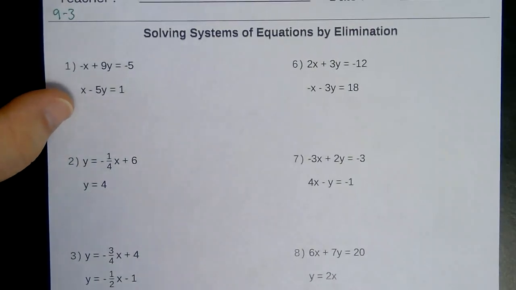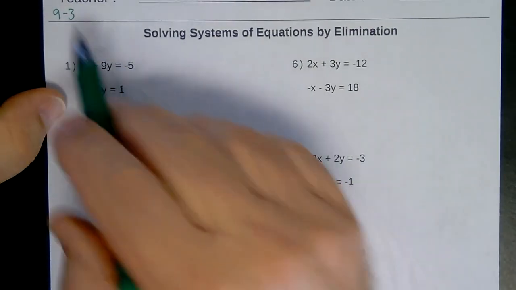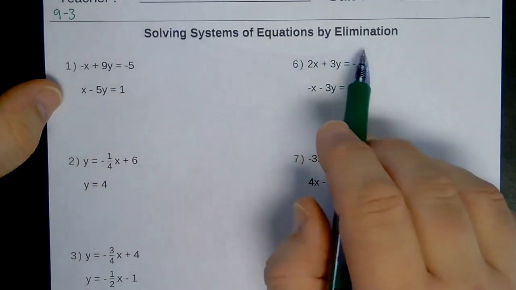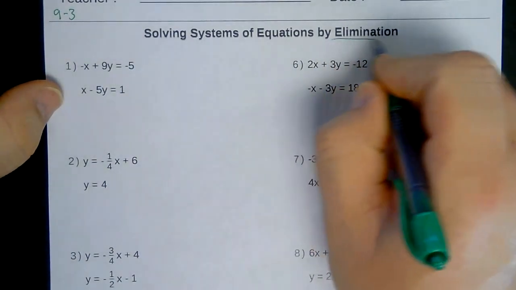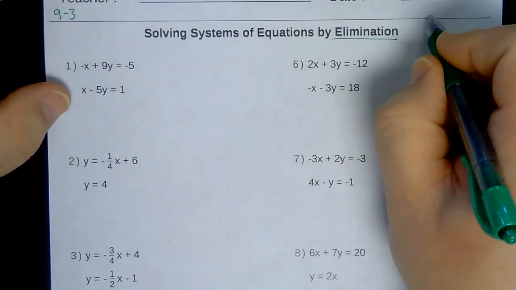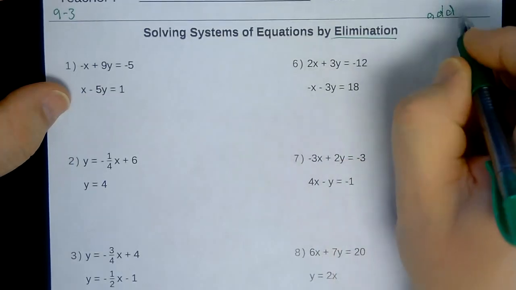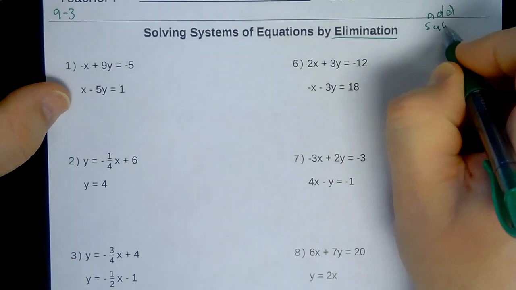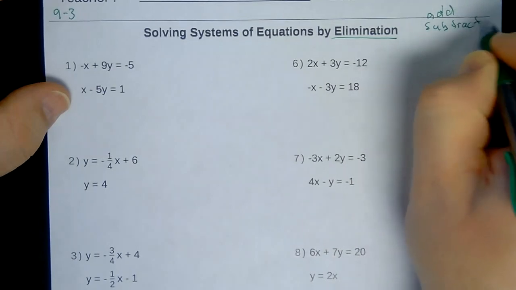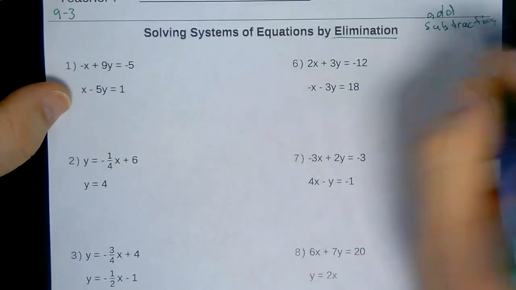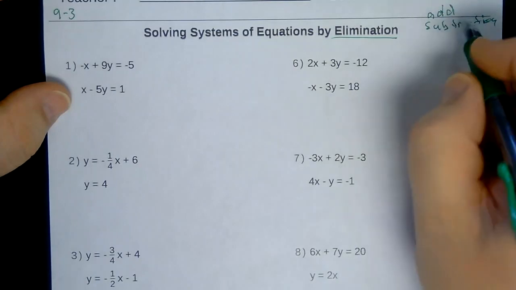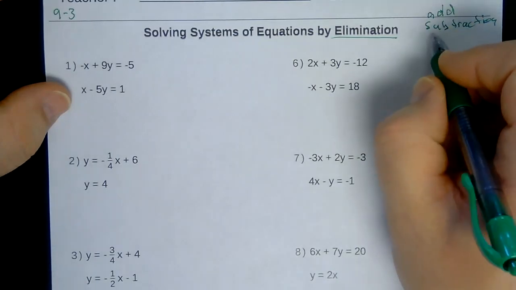Alright, good afternoon. This is now Unit 9, Section 3, the last worksheet we'll be working on. And we're going to do elimination. Elimination techniques are, I can add both equations. I can use subtraction on equations to eliminate a variable. So those are 1, 2, and the third one is